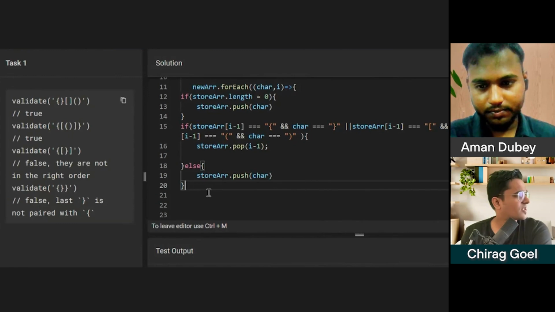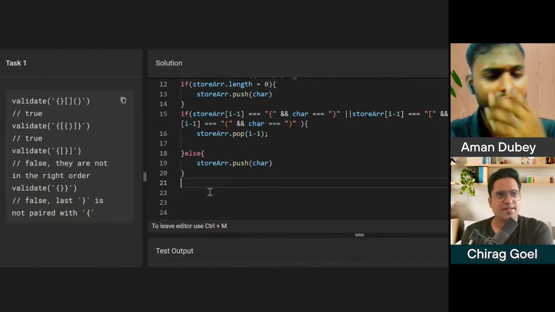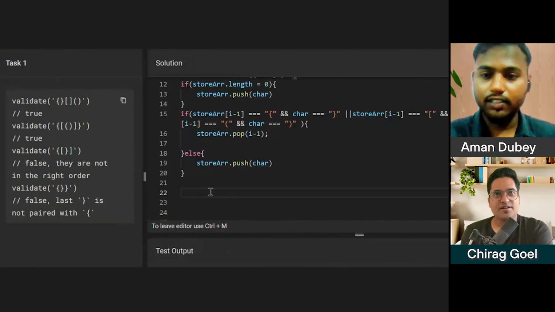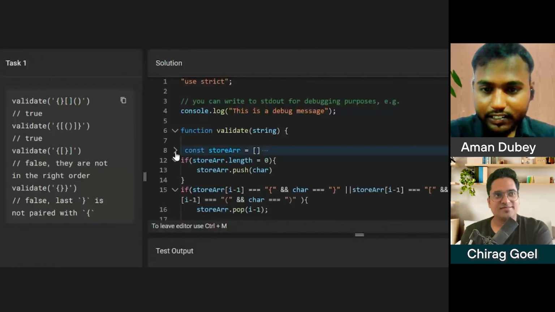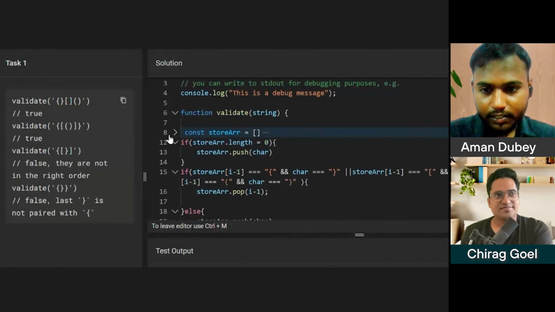Which line are you at? Let me see if I do it here, inside a loop. Yeah, I can, inside the loop. No, no. Okay, okay, I got what I'm doing here.